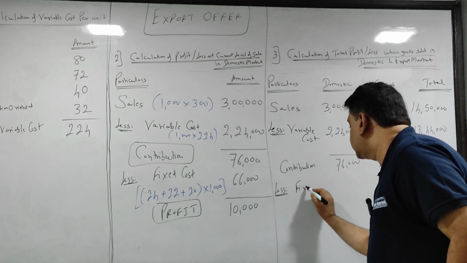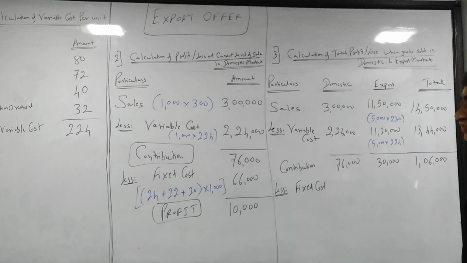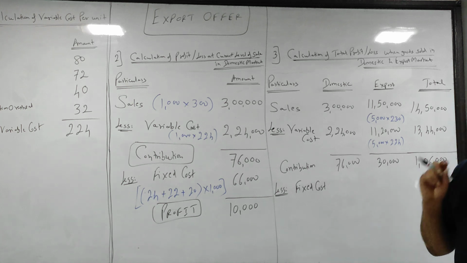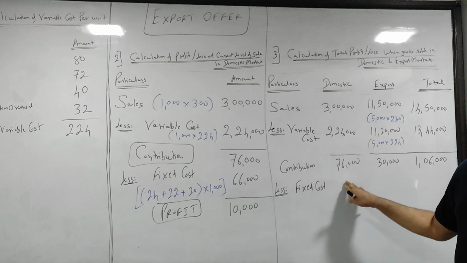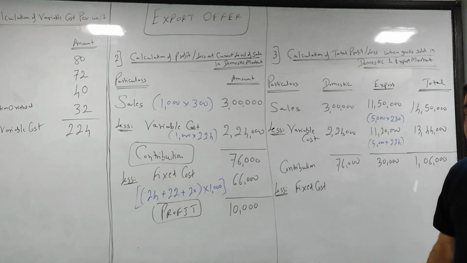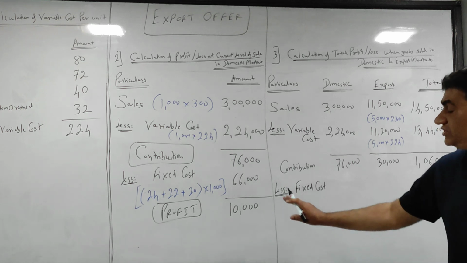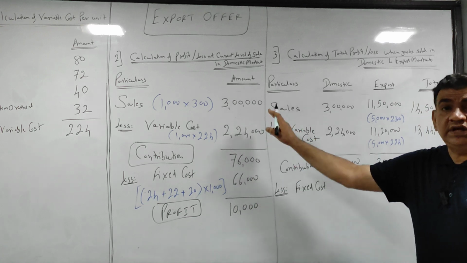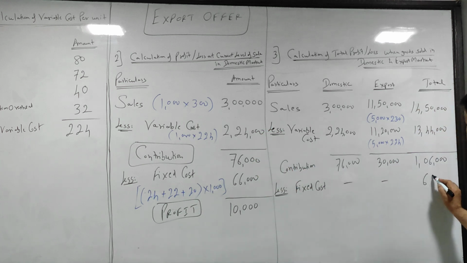From this, I will deduct the fixed cost. Now remember, I showed you in the previous session also, and in terms of marginal costing also, fixed cost remains fixed irrespective of level of output. Unless and until the question says the fixed cost changes, it will change. Now see, kitna tha mera fixed cost? 66,000. Even though here it was only domestic because there was no other sale, you will show fixed cost only